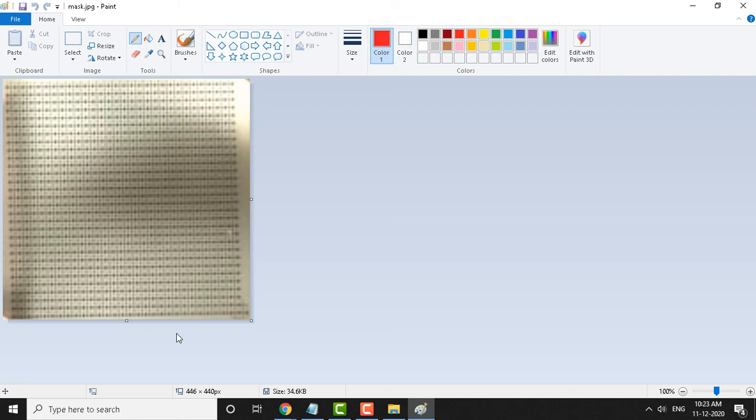Mask is nothing but something which contains the shadow of the transistors which you are fabricating. You can see this is a mask which will protect certain layers in the IC fabrication. Though it is very difficult for you to visualize here, this is a thin glass plate, which is called a mask. You will see in our MOSFET fabrication where we are going to use the mask. Let me highlight here. So this is the mask.